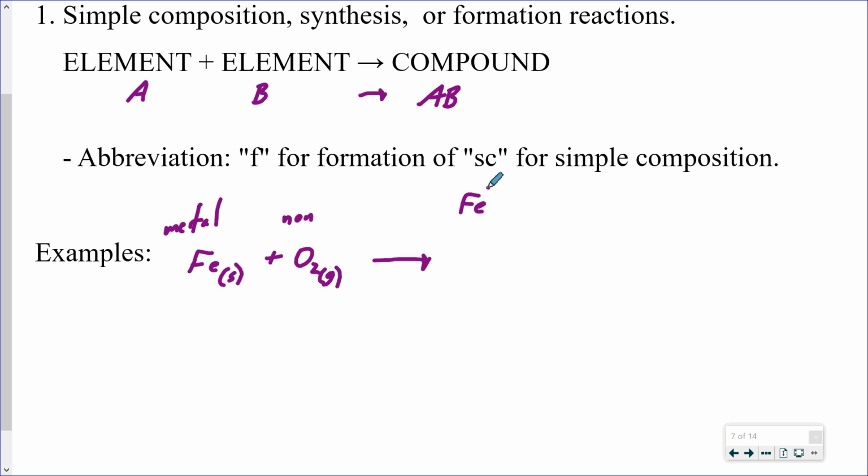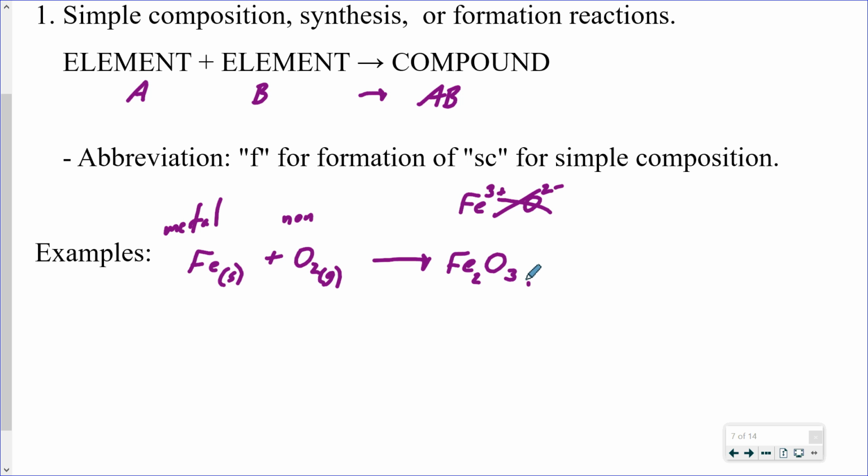Well, I mentioned that we're going to use the 3 plus for the iron. Oxide is always 2 minus. As we've talked about before, of course, cross those. The point is you can have no charge in your compound that you're forming. You have to have an equal number of negative and positive charges. So we bring our Fe, remember always write your metal first, your non-metal second, crisscrossing. That means that we should have a 2 on the iron, and we would have a 3 on the oxygen. So that is our prediction of what we're going to get for our product, and this is our simple composition,